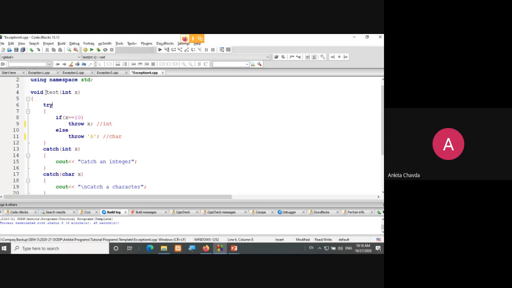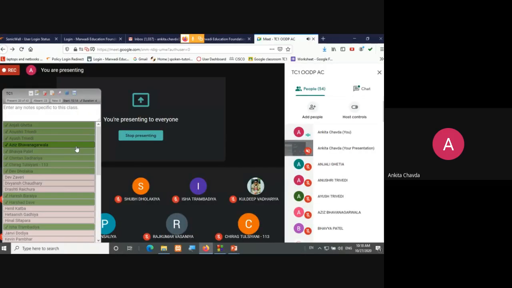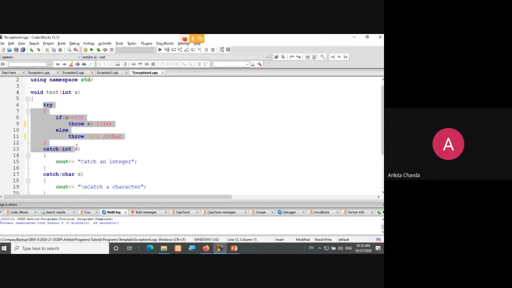Fine. So I've created one function over here that is void test, right? Inside that, in this try block, I'm simply showing you that you can throw more than one kind of error. Here, if your x value equals 10, you are throwing an integer kind of exception.